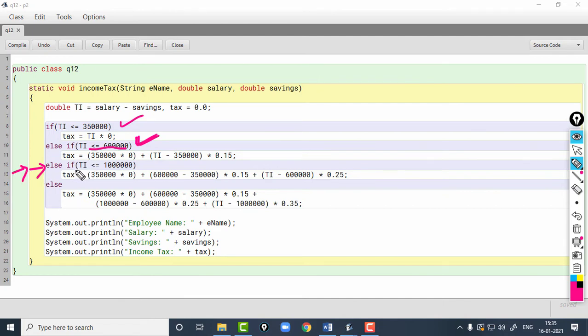So that is why I did not check for the condition that TI should be greater than 6 lakhs. I did not check it because it was already concluded in the previous condition that TI is greater than 6 lakhs. Then only the control came to this condition. So, the only thing that needs to be checked is whether TI is less than or equal to 10 lakhs. So, that is what I have done here. I have checked whether TI is less than or equal to 10 lakhs. If that is the case, I will calculate the tax, and this time the tax will be